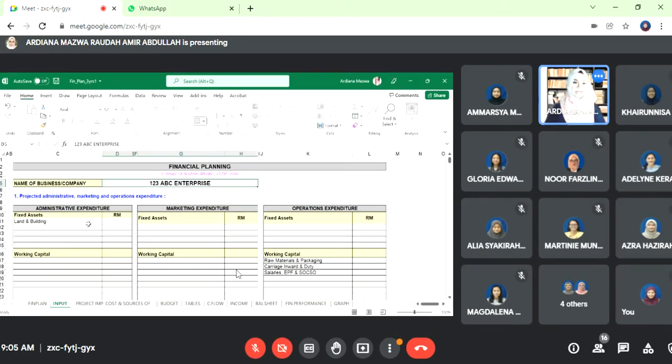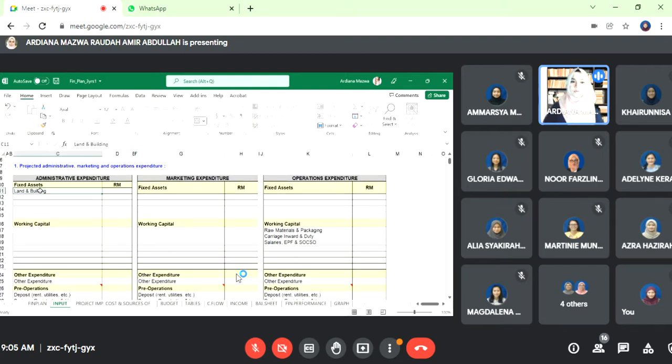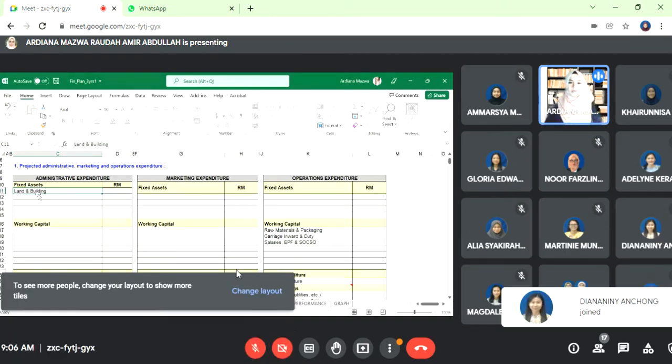Name of your business. Now, if let's say you don't have any land or building, you have any, because somehow or other the Excel template has been, if you list some of the things inside here,